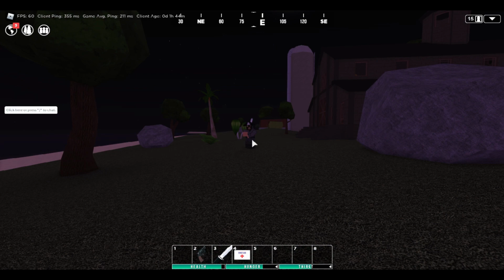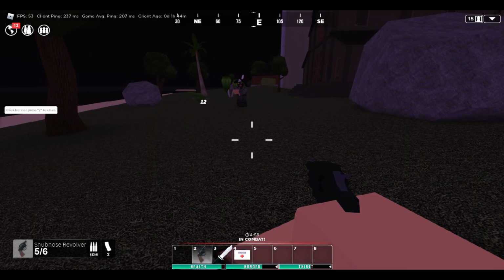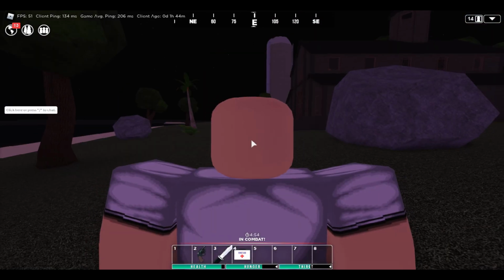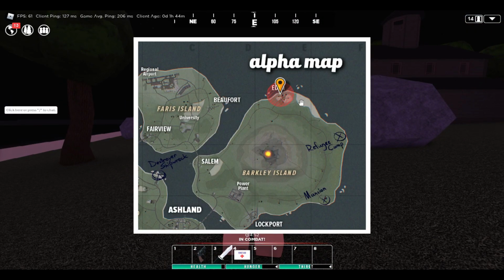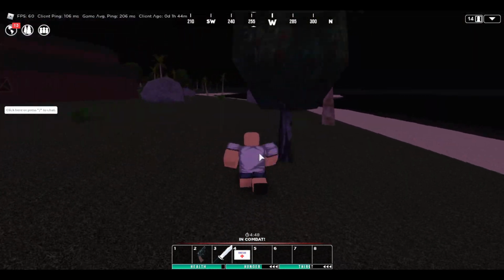So another thing they added in this update is basically a combat zone. So basically, if you shoot someone or someone shoots you, or if a teammate next to you gets shot at, or a teammate next to you shoots someone, you get in a combat zone. So let me demonstrate this. If you shoot someone, you'll be in a combat zone. So it's like flashes. Basically, if you stay in this combat zone, the circle, you'll stay in combat for 5 minutes. But if you run out of it,